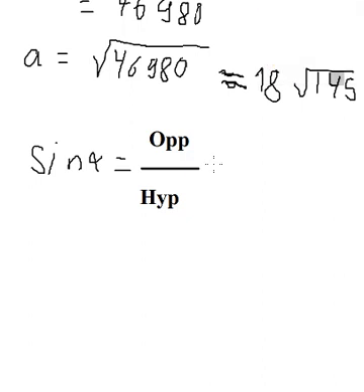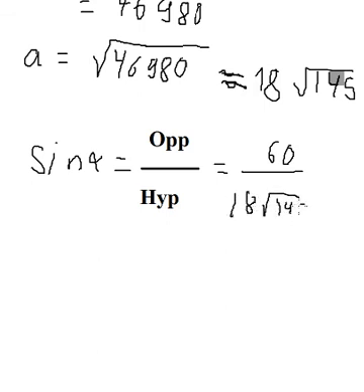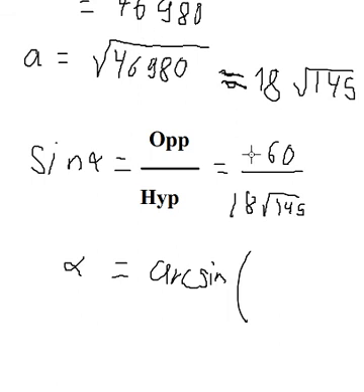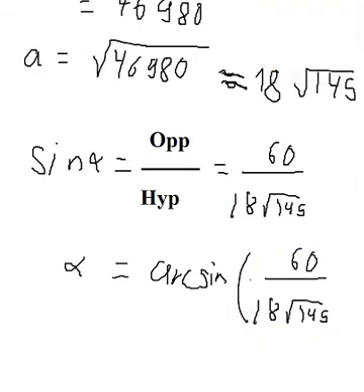And we know that opposite, we have 60. Hypotenuse is this number in here. And now we have alpha equal to arcsine of this number in here. So this one we have 16.07